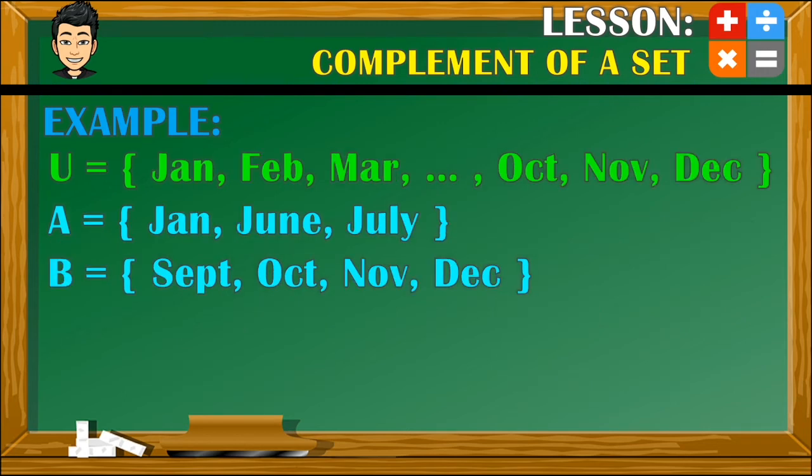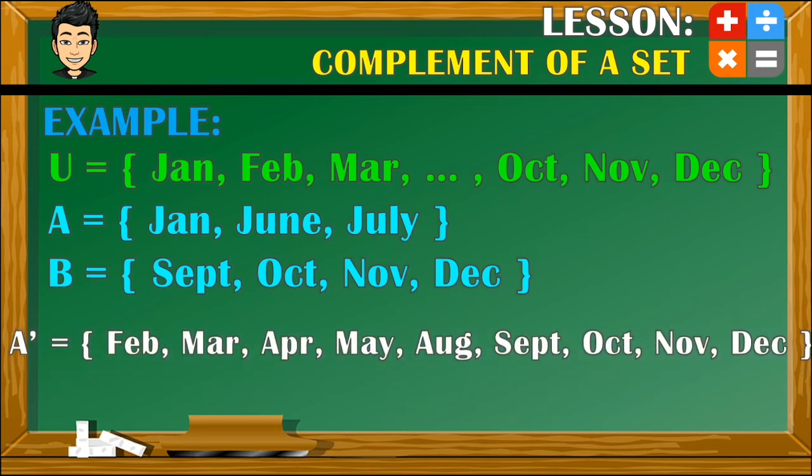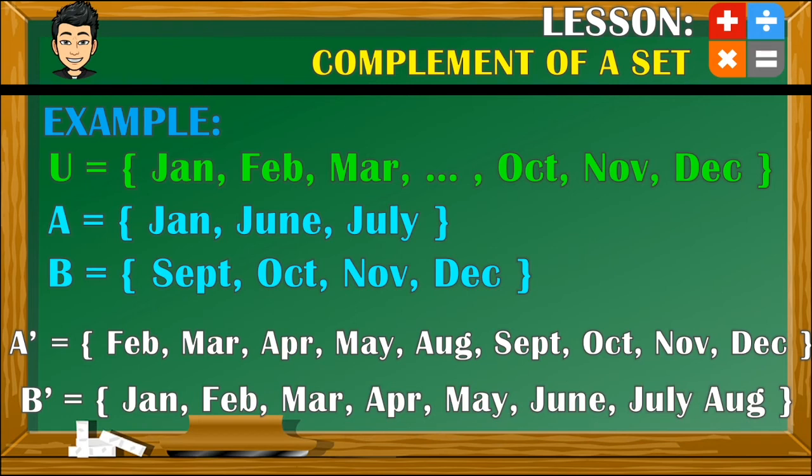Let's have more examples. Given these sets, what is the complement of set A and set B? As you can see, the elements of our universal set are months in a year. Since set A has the elements January, June, and July, the complement of set A will be written down like this. Likewise, since set B has elements consisting of Ber months, its complement will have the following elements: